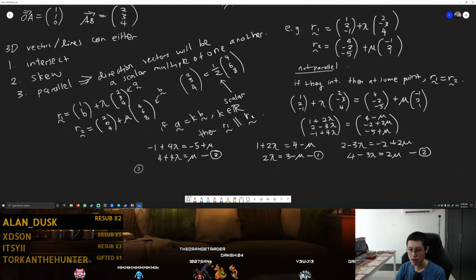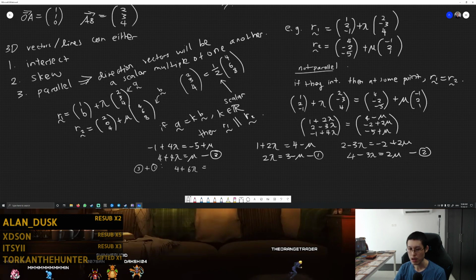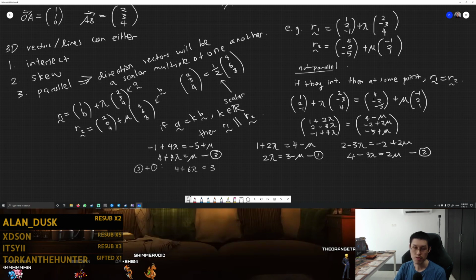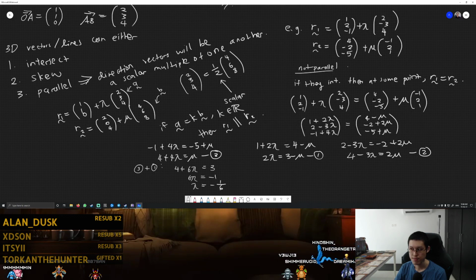I'm going to add that with 1. So we have 4 plus 6 lambda, and then we have 3, and then mu plus negative mu disappears. So we have 6 lambda equals minus 1, lambda equals negative 1 over 6. Okay, so if lambda is negative 1 over 6,